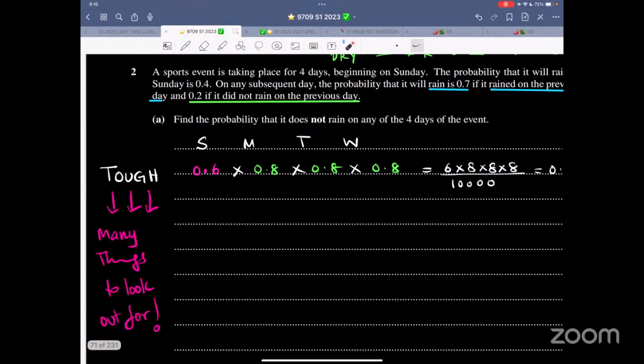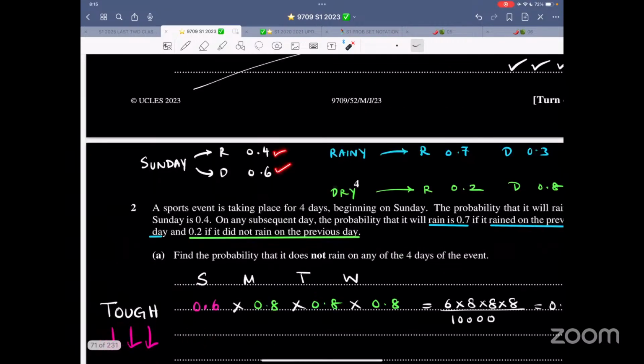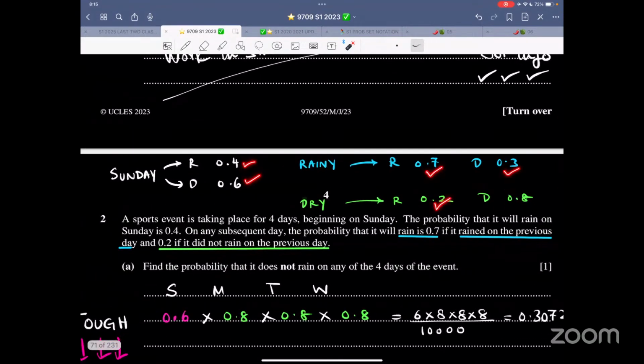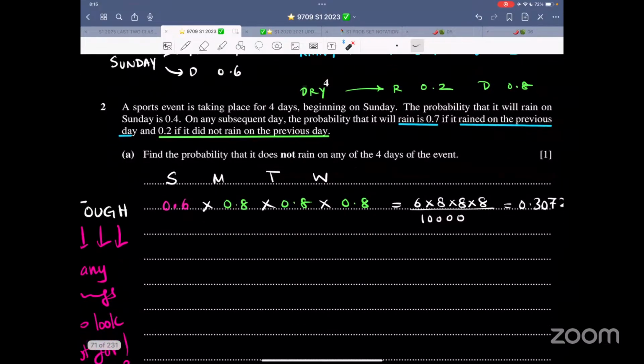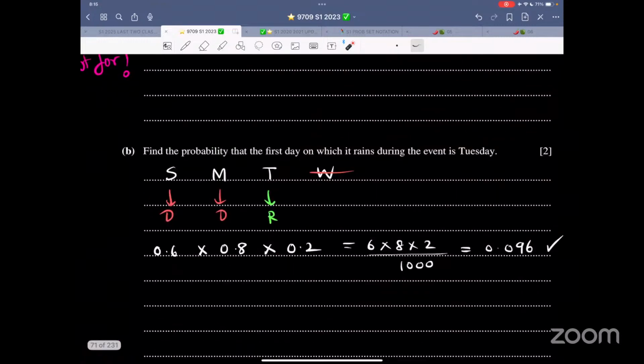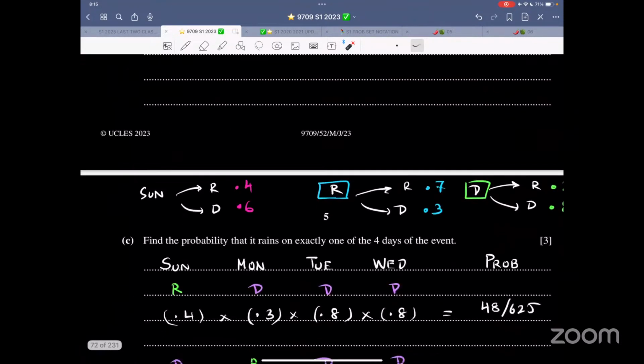So we are working with these 6 probabilities. That is what I meant by this. It's a tough question because there are many things to look for. There is 1, 2, 3, 4, 5, 6, six different probabilities that we have to take care of. The working is not difficult. It's the vigilance, the alertness, that is difficult. How many marks? 2 marks. Fair enough. The next one.